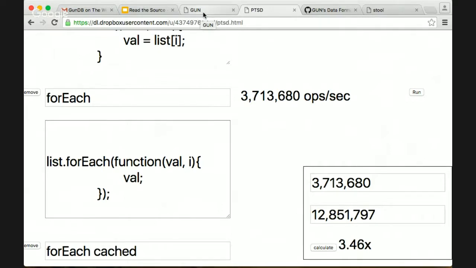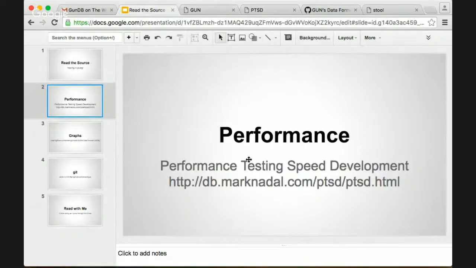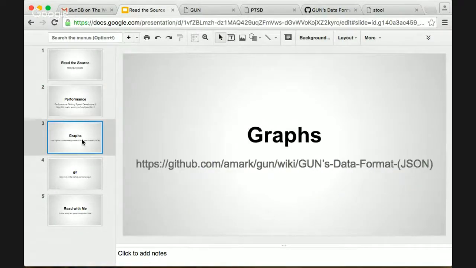So before we do that, in order for it to make any sense, what the code's going to do, I first need to talk about the data structure that Gun stores things in. Gun is a graph database, and the sweet thing with graph databases is that you can do key value, you can do relational, you can do document, or you can do graphs themselves. It turns out that any table can be represented as a matrix in mathematics, and any document is represented as a tree in mathematics. Well, any matrix and any tree can also be represented as a graph. So a graph is a superstructure of these other forms, but not all graphs can be represented as a table or as